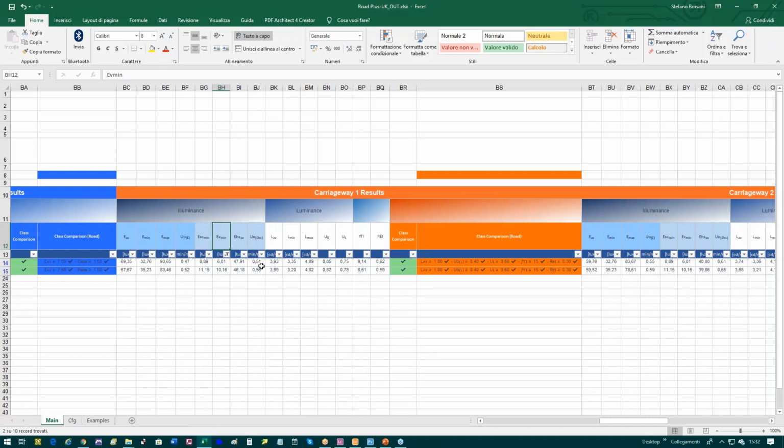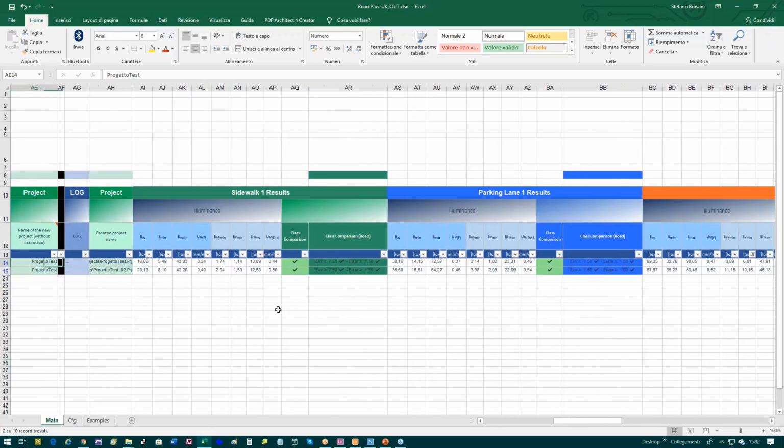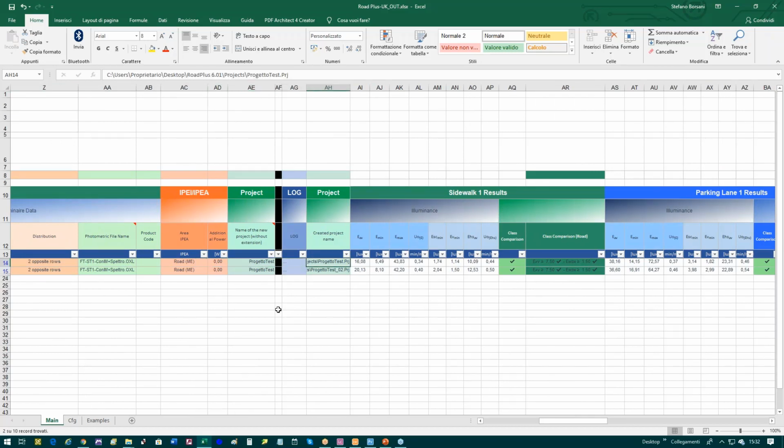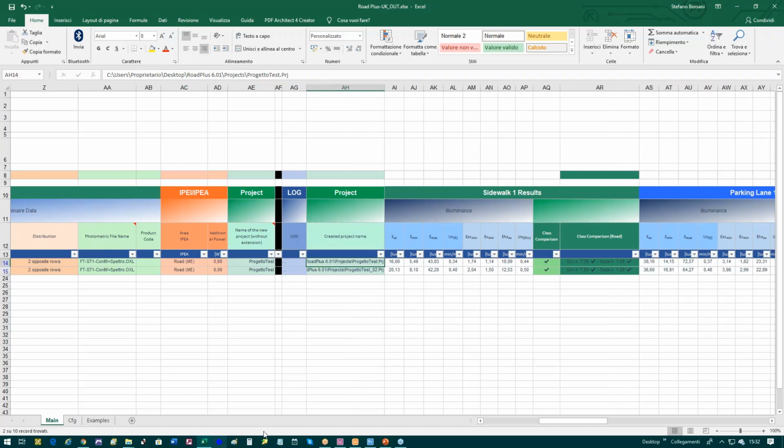So we can come straight away to the configuration of interest, because now we go back to the project name. So it is the name Progetto Test. So we open the folder,